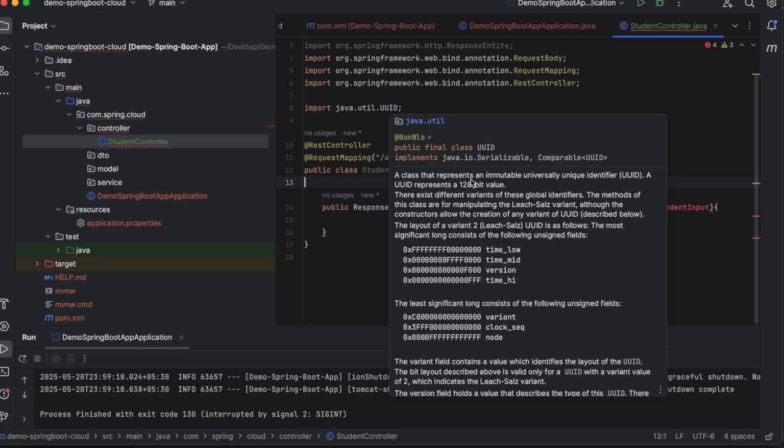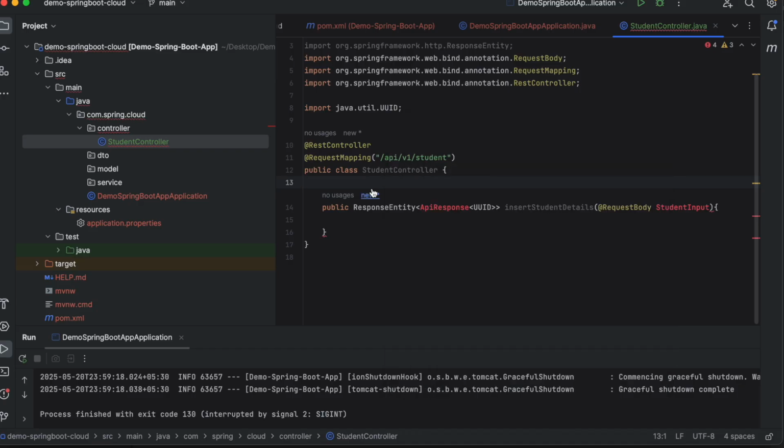That means this represents a unique identifier for a particular student, and this is immutable. That means you cannot change it. So because of that reason, we are going to use this UUID. Okay, and this API response, we have to create manually, and this student input also.